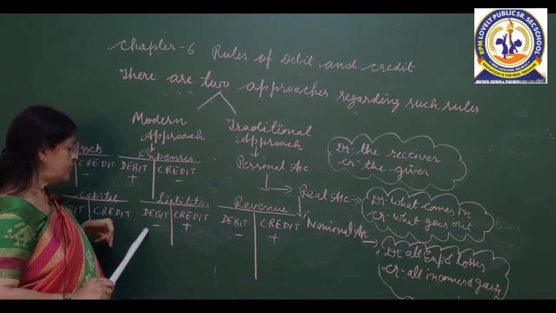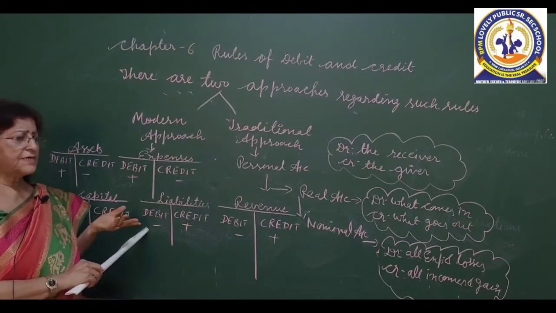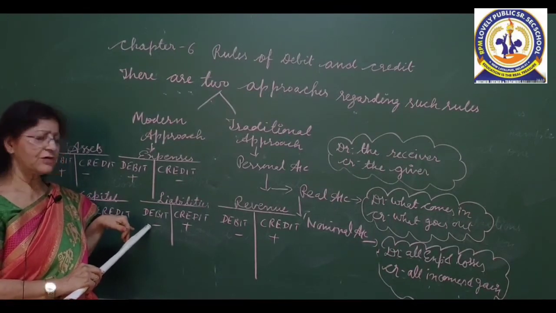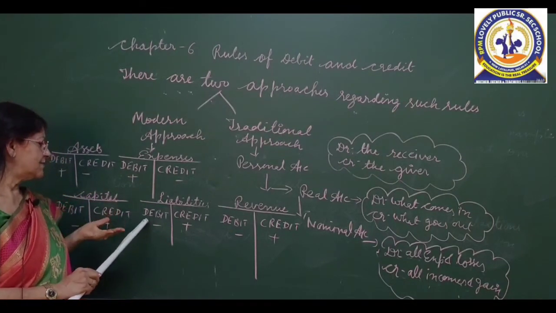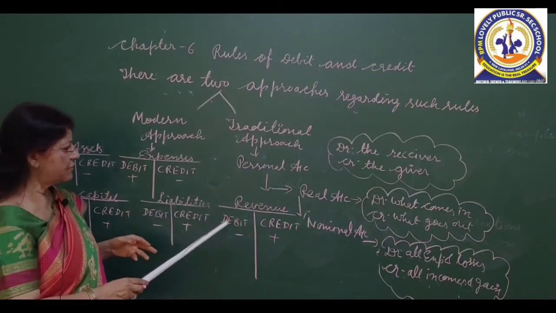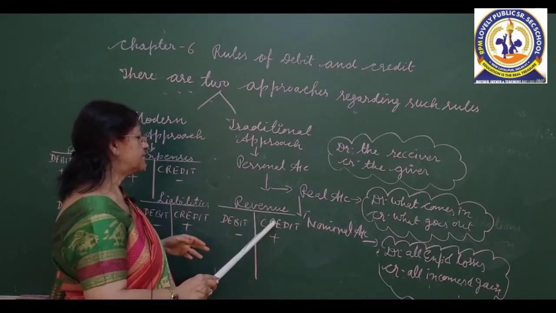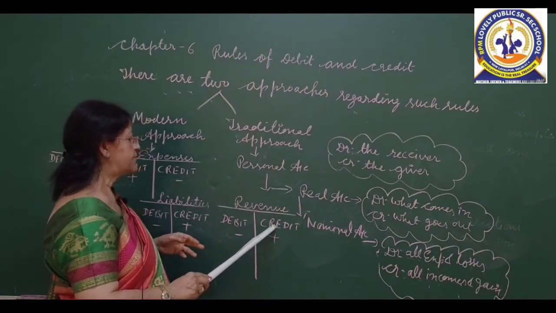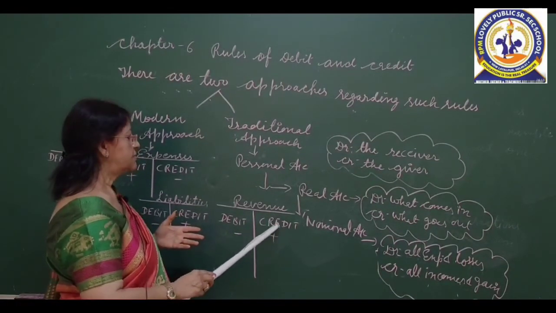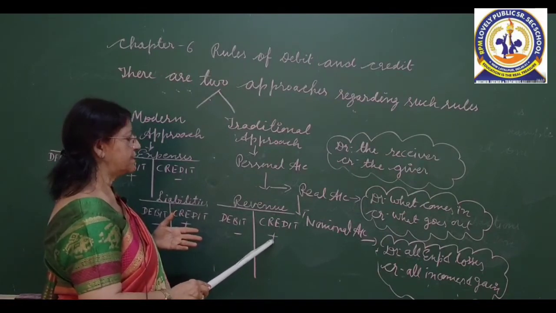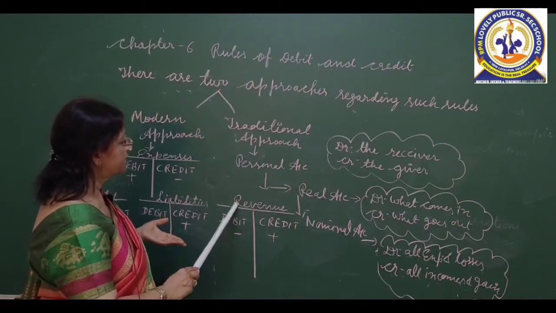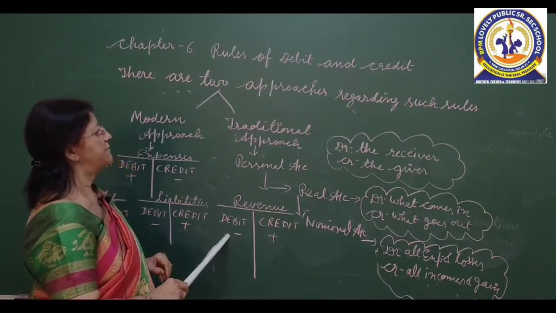If we are going to pay to our creditor, we have purchased goods from Mr. Singh for rupees 20,000. Now we are going to pay 10,000. So our liability has been decreased. That will be shown in debit side. Now come to revenue. Revenue means income. Rent received, interest received, dividend received. That will be shown in credit side. Sales, we have sold goods for cash. That will be shown in credit side. Our revenue has been increased. If there is decrease in the value of revenue, that will be shown in debit side.